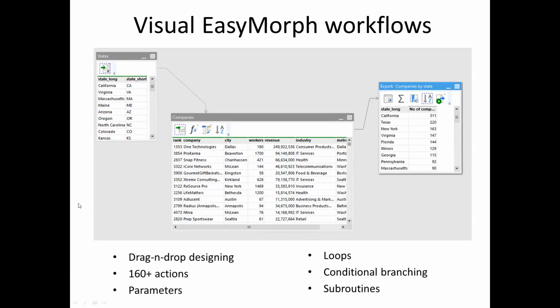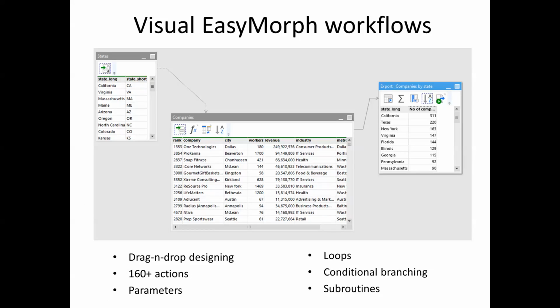There are more than 160 different actions available: actions that transform data, filter, sort, calculate new columns, merge, pivot, unpivot. They can parse JSON, and also actions that can do external operations, such as running scripts, external applications. They can do web requests, update databases, copy, move, delete, zip, unzip files, folders.